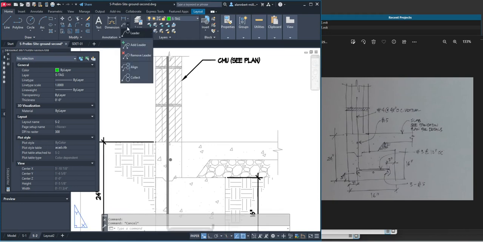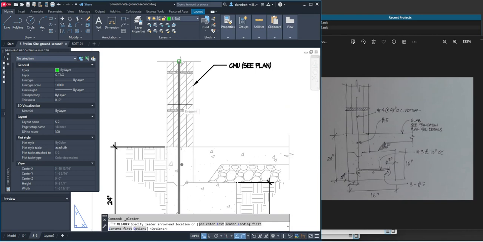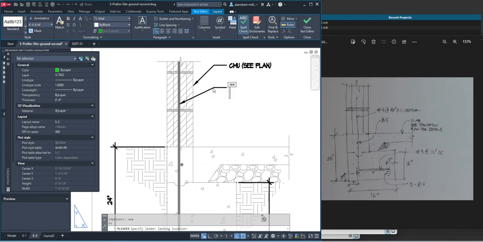There is a way to change into a curve leader, but we'll reserve that for another detail. So let's just continue this and put an arrow on the rebar, and you always want to match the corner of where it breaks to the horizontal,